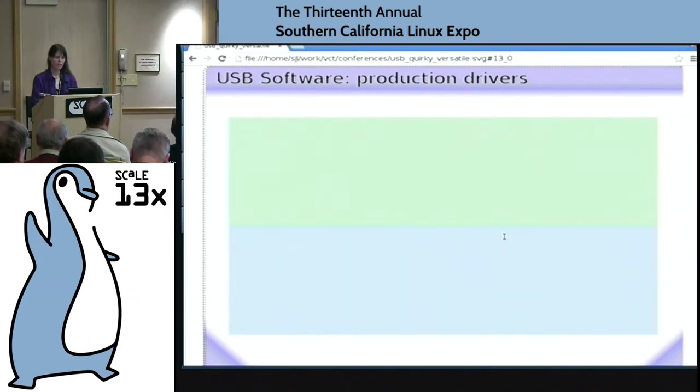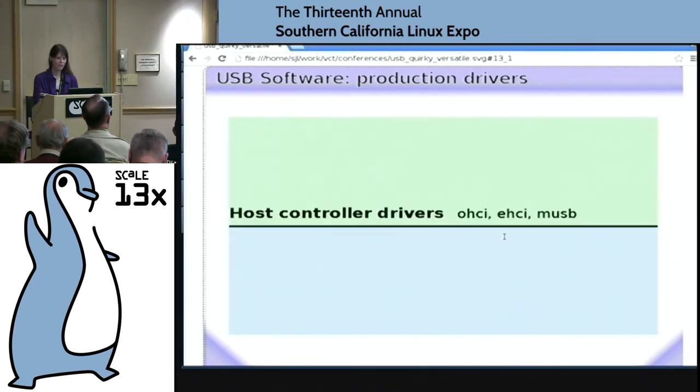Okay, so a lot of this stuff was kind of generic about embedded USB from the system perspective. Let's talk about the actual Linux side. What are the drivers that you're going to be using if you design a system that has USB in it? Well, at the very bottom of the stack, you have your host controller drivers, which might be similar to the ones you use on the desktop, namely the OHCI, EHCI, and in rare cases, XHCI if you're doing USB 3. But a lot of times you end up with this other thing called MUSB, where the M stands for Mentor,